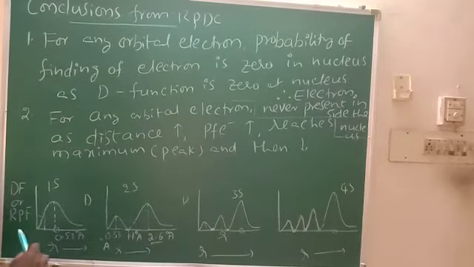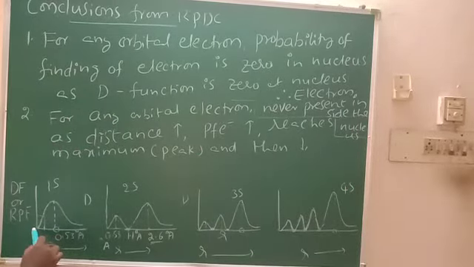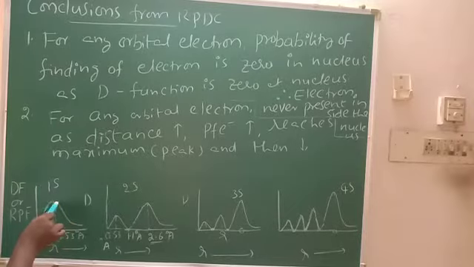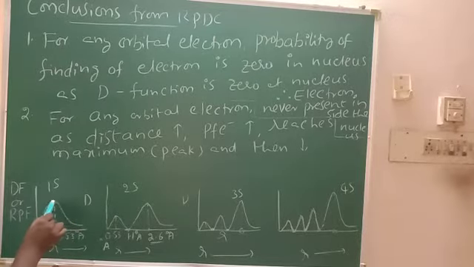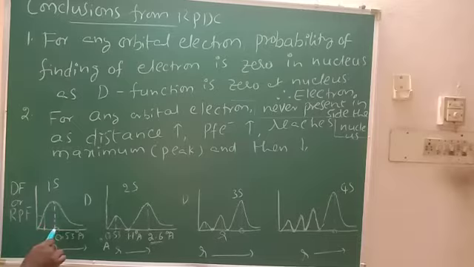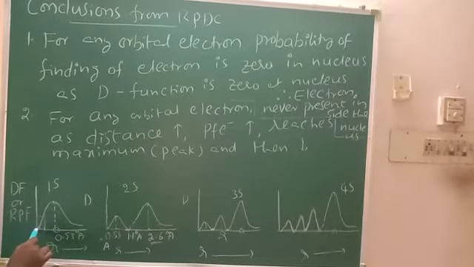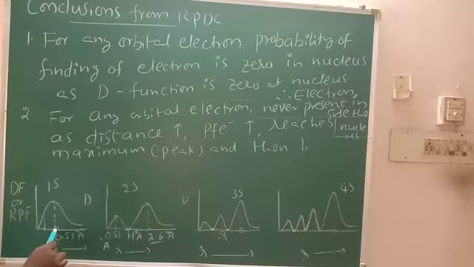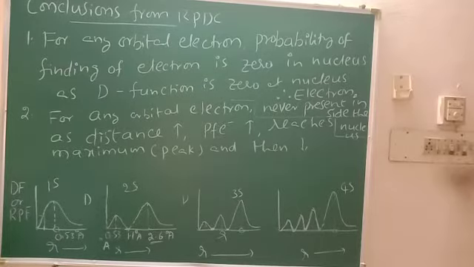Next point, you take any orbital. First, probability is 0 at the nucleus. As the distance increases, probability increases, reaches a maximum. This is the peak, later it decreases. This is the maximum probability, the distance between the nucleus and the 1s electron. Here at the nucleus it is 0, but inside the atom, for the 1s electron, some probability is there. Here is the maximum probability. In the remaining distances, below 0.53 and above 0.53 also, some probability is there to find the electron.